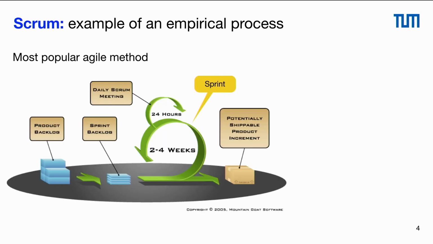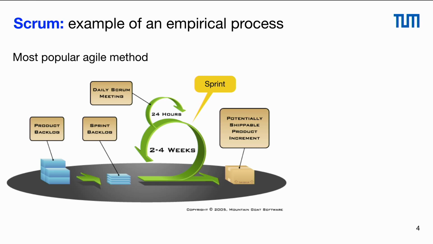One example of empirical process control is Scrum, which is actually the most popular agile method, and we see a little overview on this slide. In Scrum we start with the product backlog where we have rough requirements, we put them into sprint backlogs and work on them for 2 to 4 weeks. We have a daily Scrum meeting every 24 hours, and at the end of each sprint we have a potentially